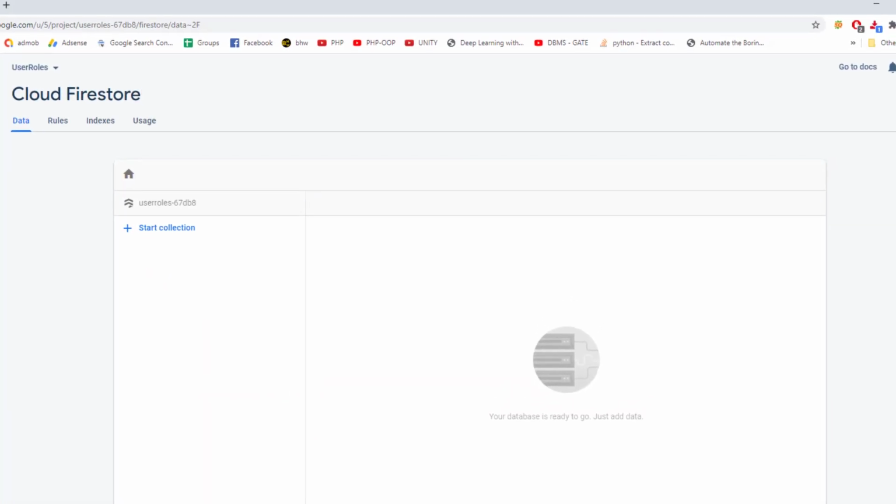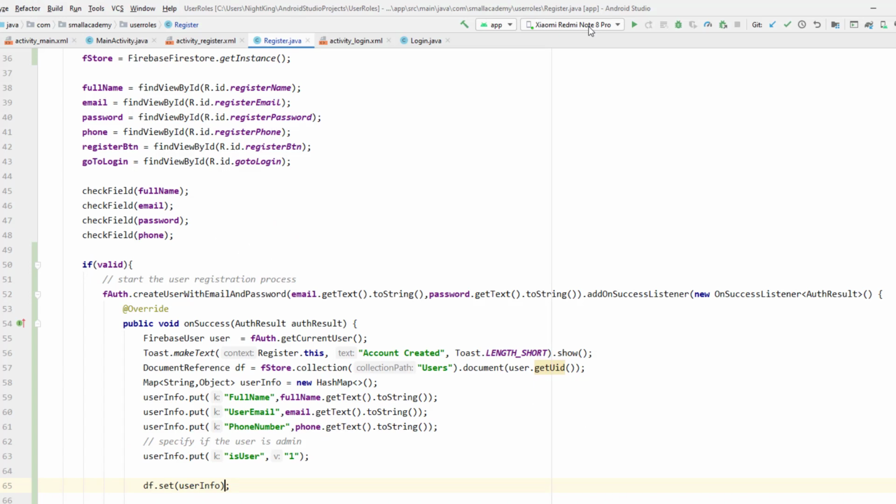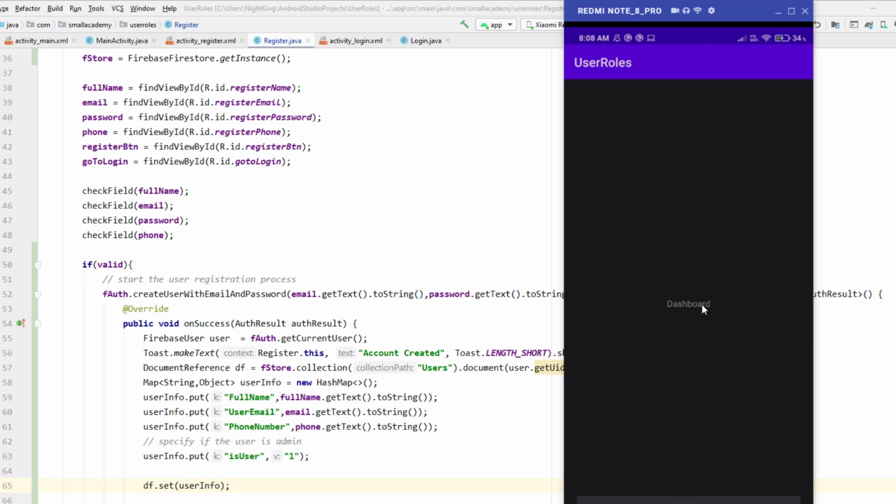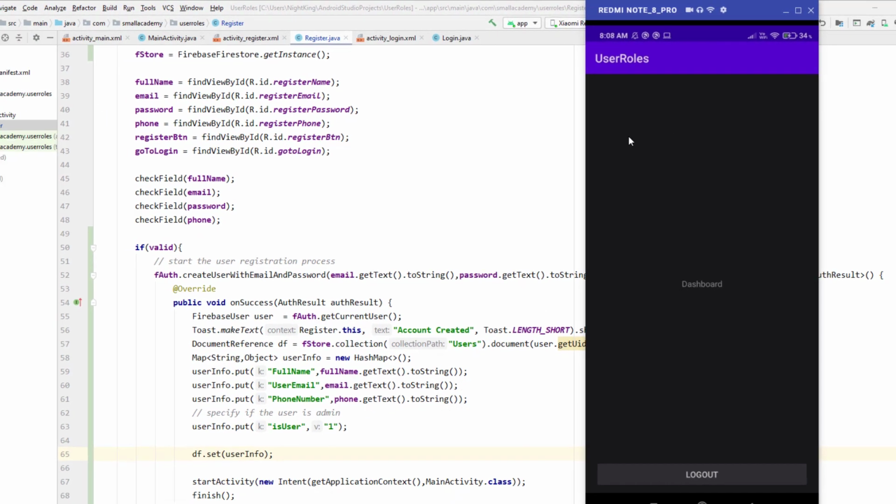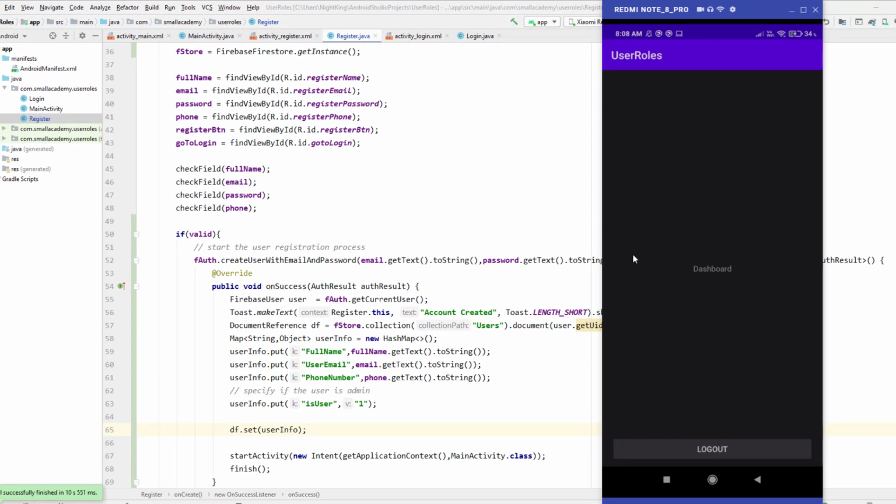We'll see that. Now I have my device connected here. I'm just going to run this application and we'll see what happens. Okay guys, the application is running now, and you can see it is directly sending me to the main activity. It is because when I created this application, the main activity was the launcher activity, which will be displayed to the user when the application is open. So I need to change that. What I'm going to do is go back